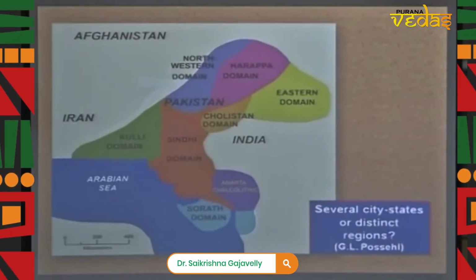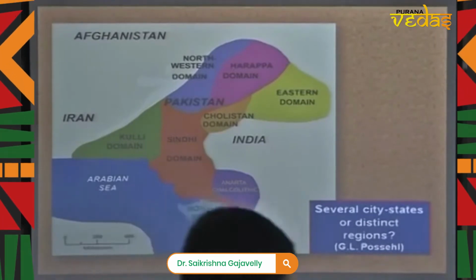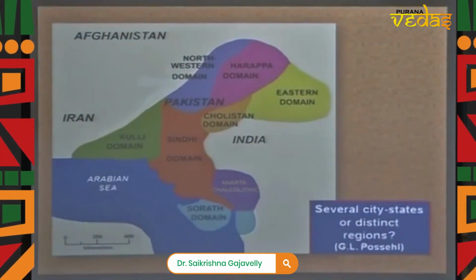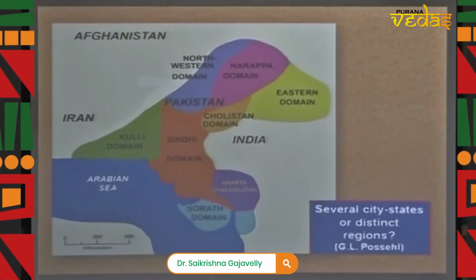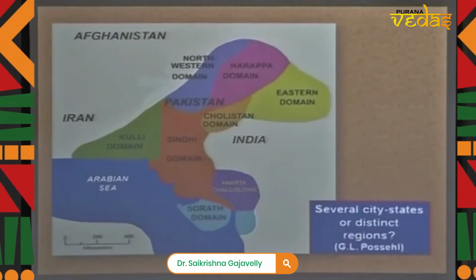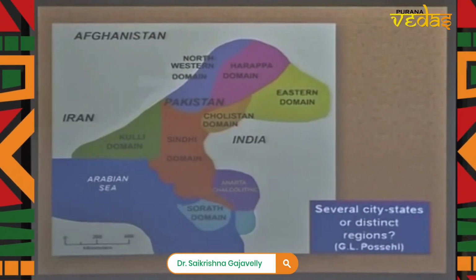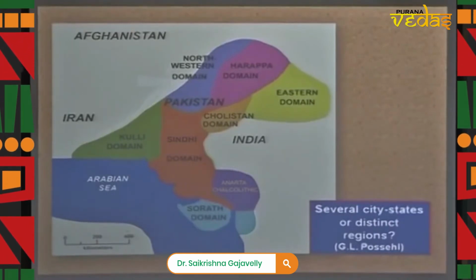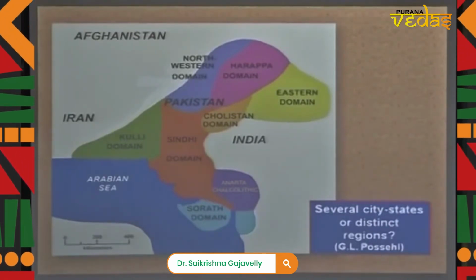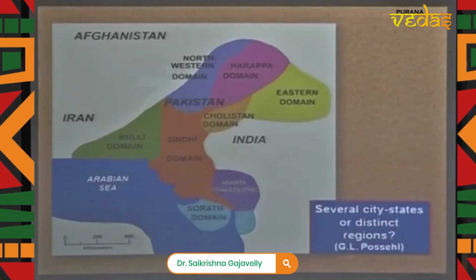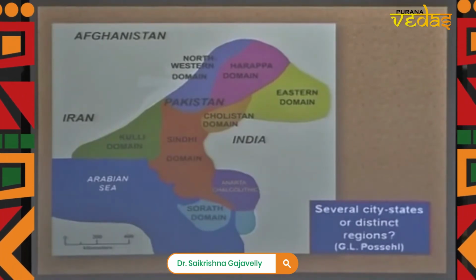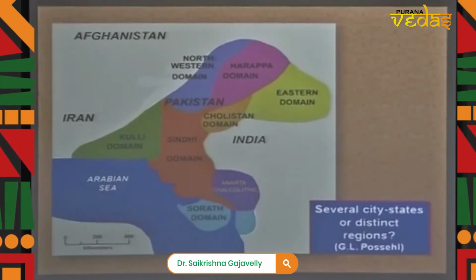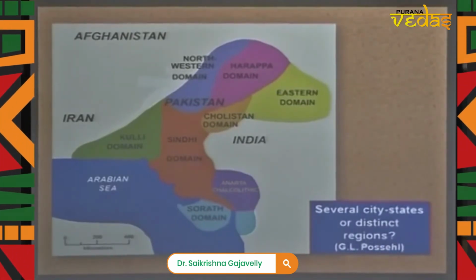Now, the initial thinking was that Mohenjo-daro, which is still today the largest Harappan site, possibly at 300 to 400 hectares, actually the full extent is not known. Only 20% of Mohenjo-daro was excavated, and it's not very sure how far it extends. So, but the estimate is 300 to 400 hectares, and Mohenjo-daro is the most impressive and largest city still today, and it was thought initially that this was the central capital of what was called the Harappan Empire. But